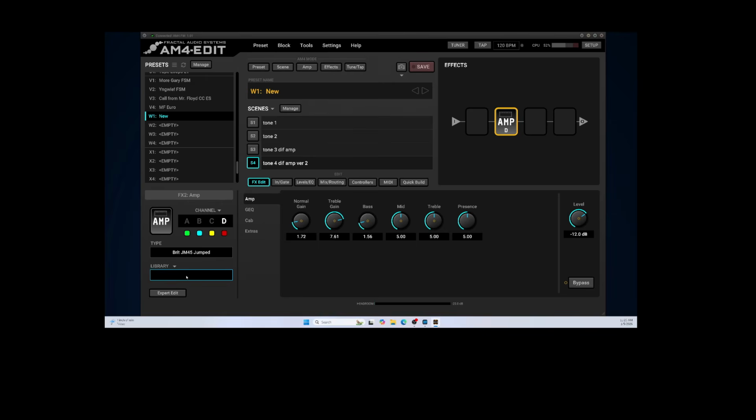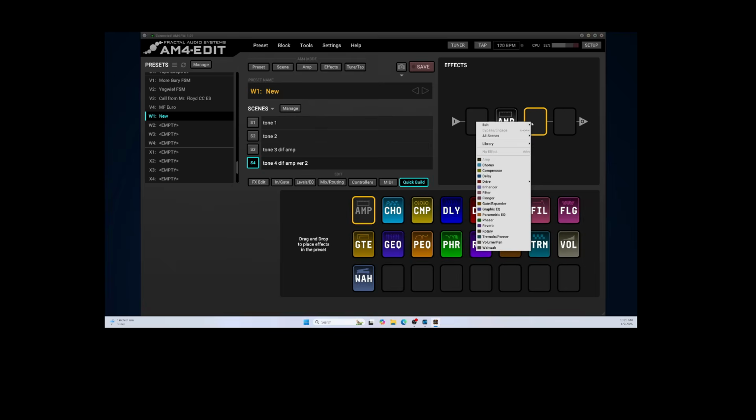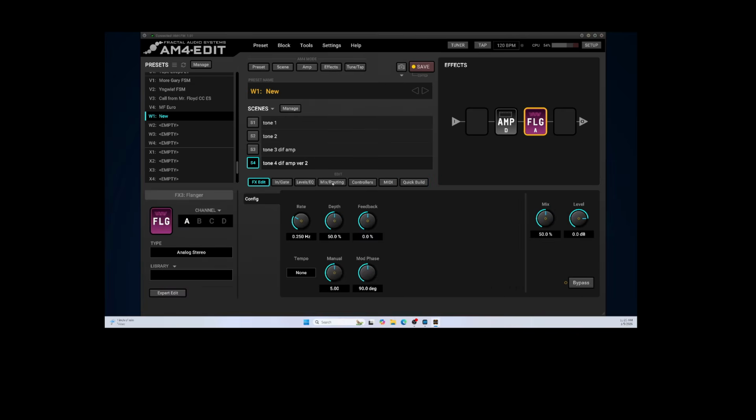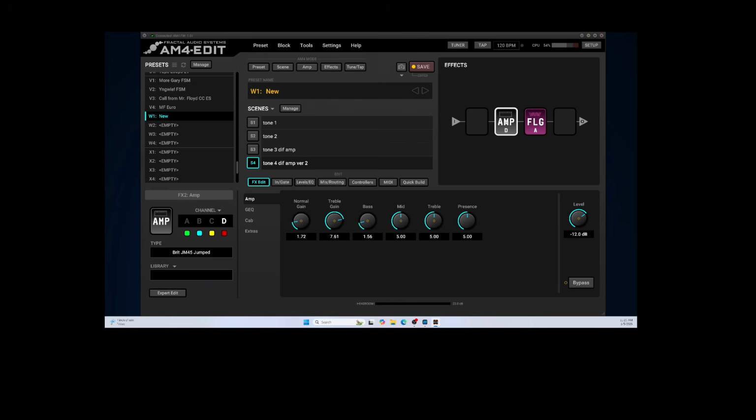Well, if I click in it, now if you're new to it, this is going to come up blank, but I've been using it, so I got some stuff saved in my library there. Let me just add another effect here, something I haven't used or saved. I don't know, just go flanger. Okay, so if you click in library and you haven't done anything with it, it's just going to be blank. So I'm going to go back here to the amp,